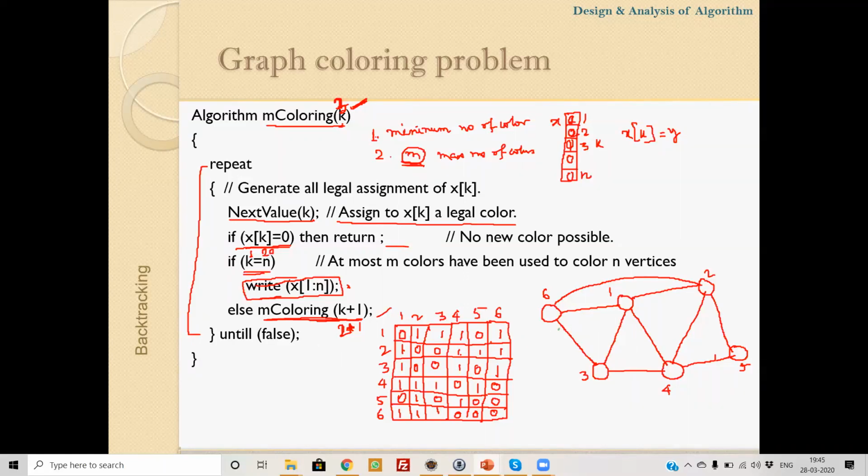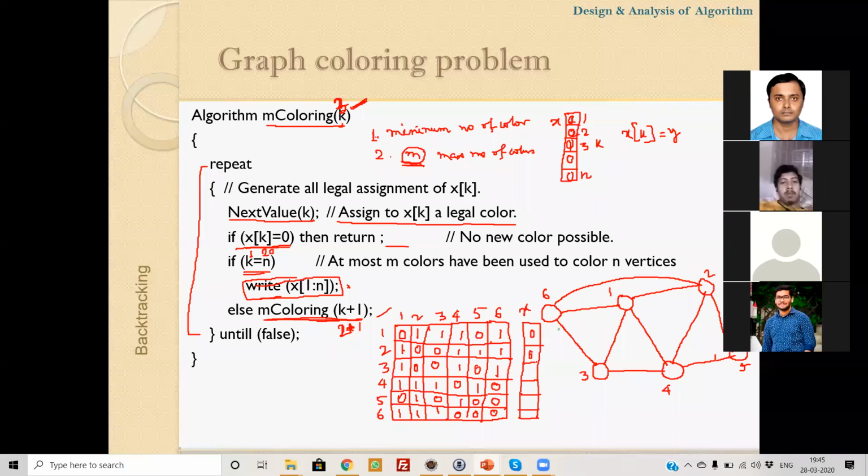Now we will store this solution in an array X. It's a one-dimensional array, and initially all of these values are 0.